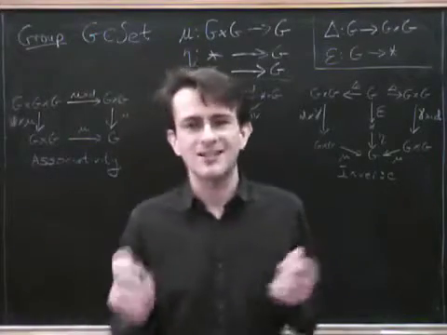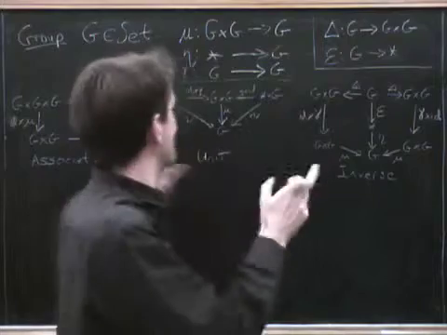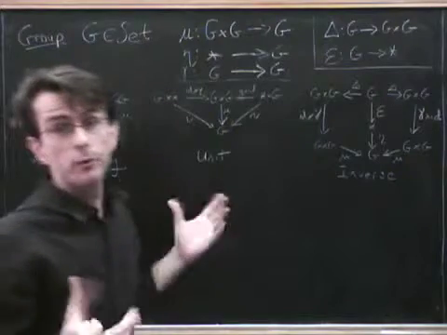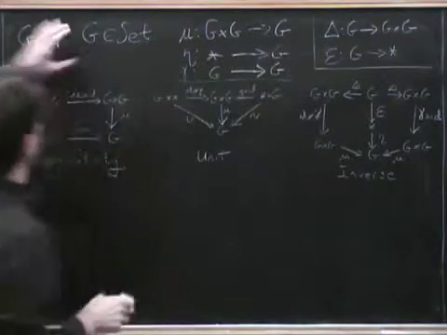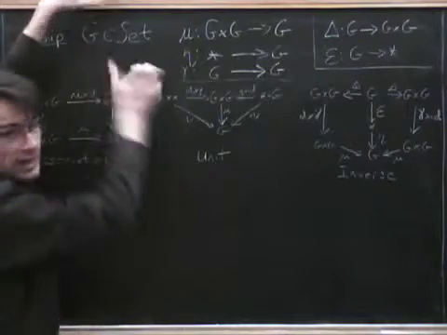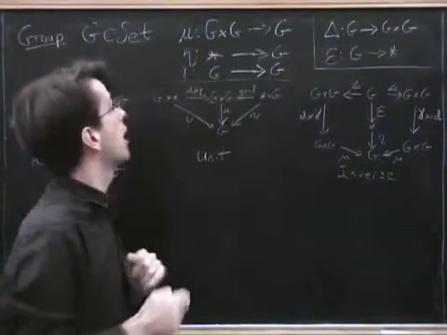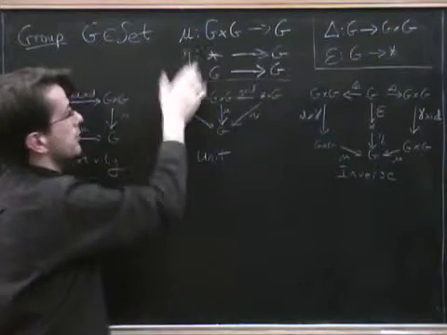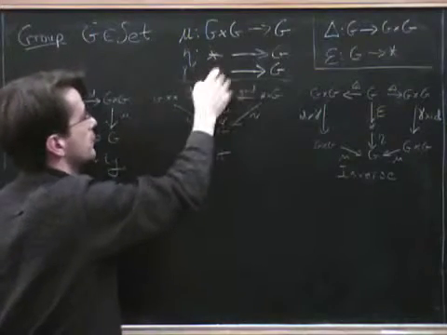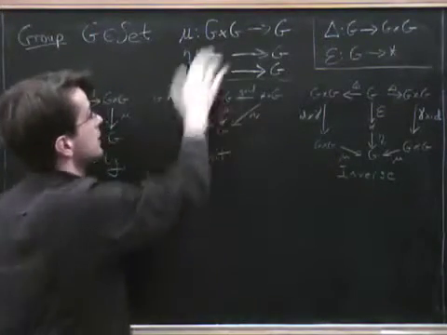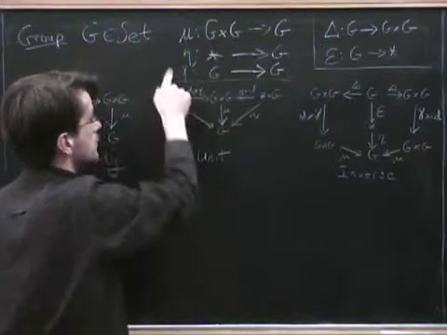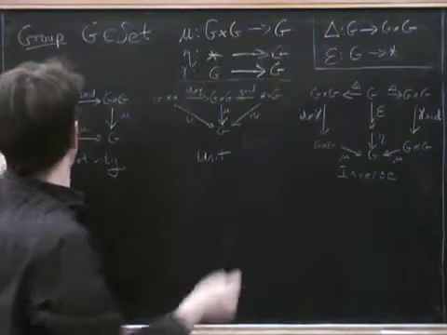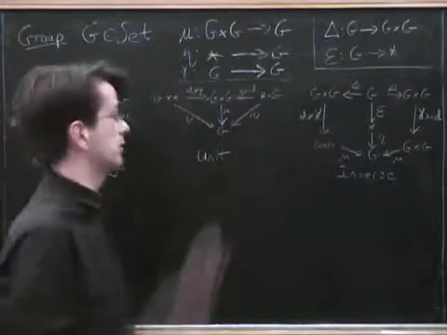Okay, so what we saw last time was how we take the naive definition of a group and give it a categorical flavour. So what is a group? Well, the way we've decided to describe it is it's an object in the category of sets, so a set together with certain morphisms. We've got the multiplication, the identity, which instead of thinking of it as an element of the group, is now a morphism from the terminal object in the category of sets to our group, and the inverse, which is called gamma. So we've got an object, three morphisms, and satisfying certain axioms, the usual axioms,